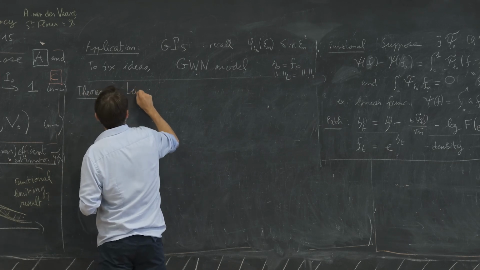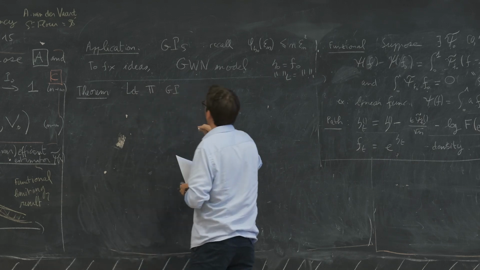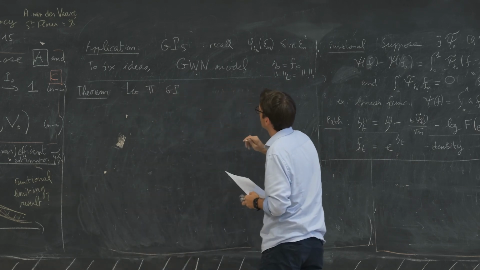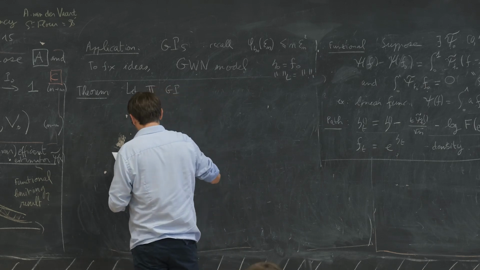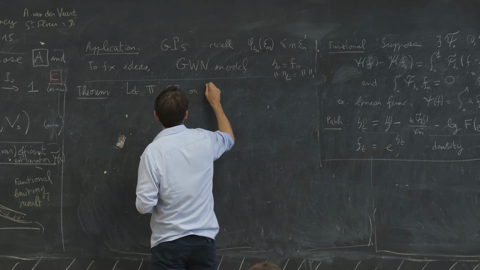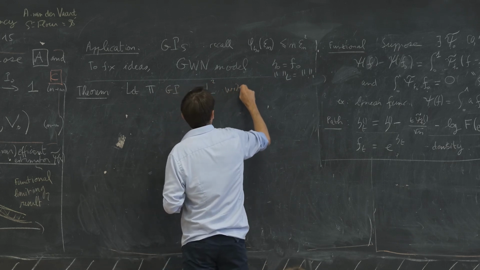So let pi be a GP. Again, it's in white noise, so it's quite specific, but you may apply it much more broadly. The interest of these tools is that they don't need the specific model. Of course, you need to check the assumptions, but on L2 with RKHS